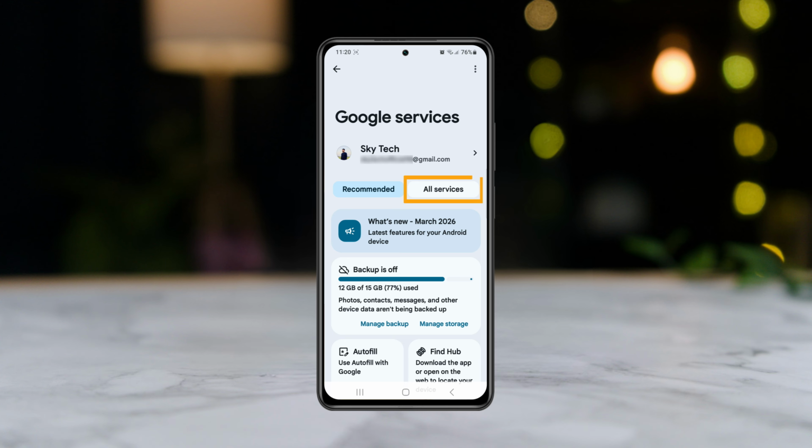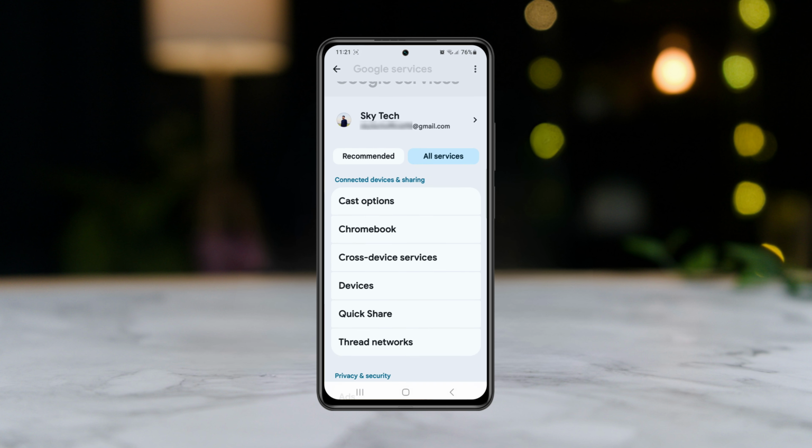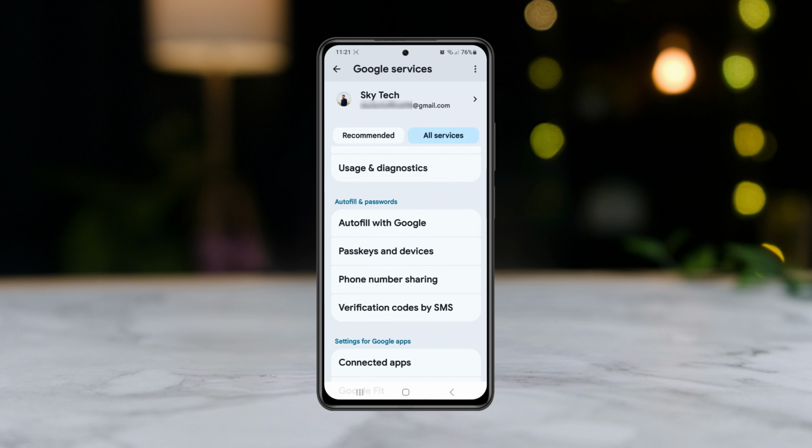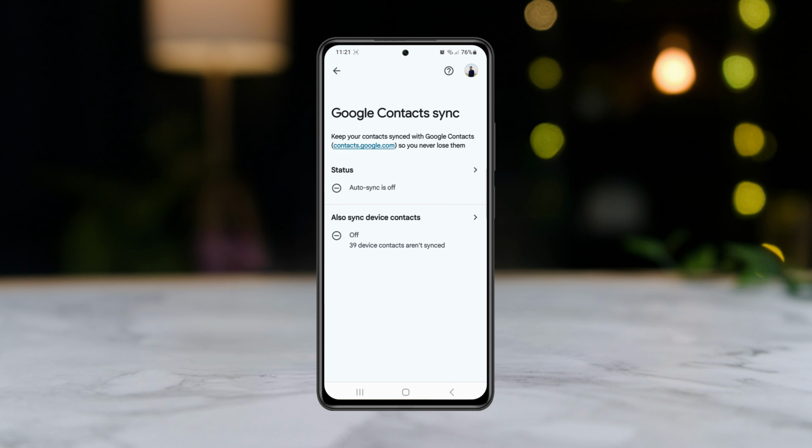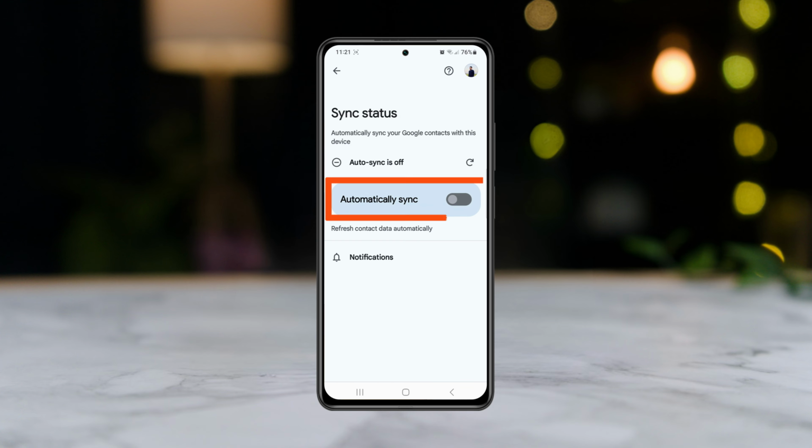Once you see the Gmail account you'll get to see all services. You just need to tap on all services, scroll down from this page, and find the option called Google Contact Sync. Go ahead and tap on this. You'll get to see it under Backup and restore, so go ahead and tap on Google Contact Sync. You'll see the contact sync is turned off. So for the status, go ahead and tap on this and make sure to enable the automatically sync contacts option,